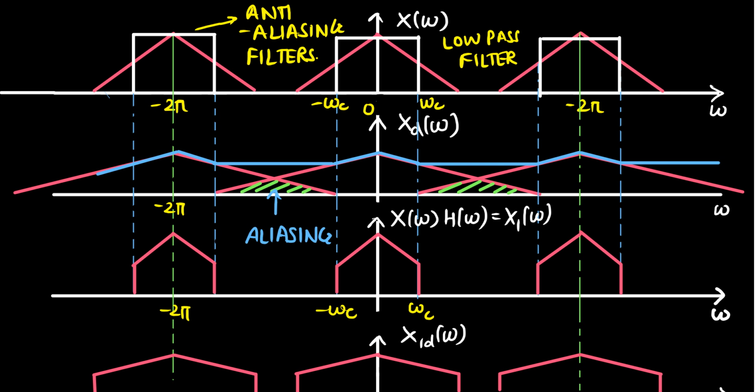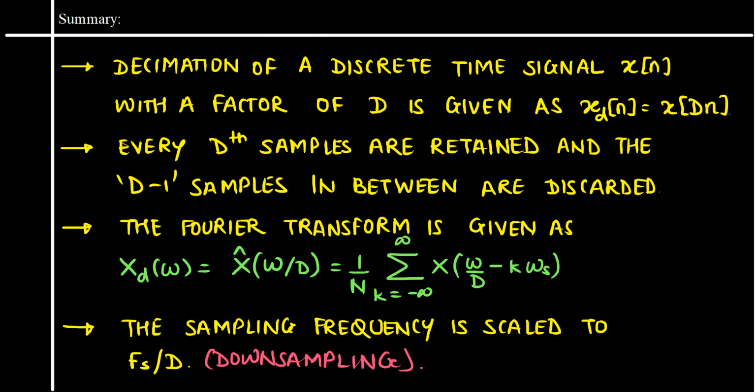So in this lecture, we basically looked at the decimation of a discrete time signal. We saw that decimation of a discrete time signal x of n with a factor of d is given as xd of n, which is equal to x of dn. So what we do is we just retain every dth sample, whereas the d minus 1 samples between them are completely discarded. We saw the frequency domain representation, that is the Fourier transform, which is obtained as